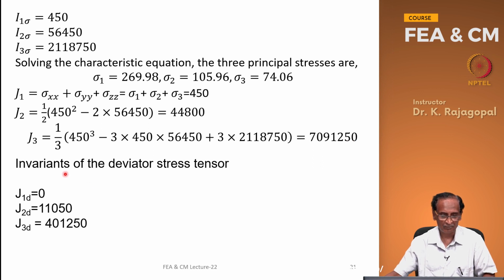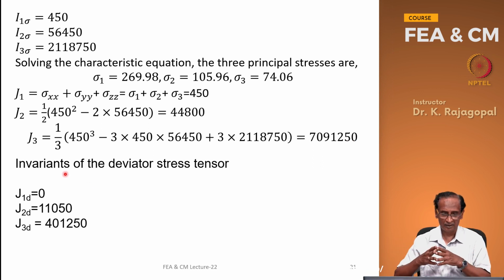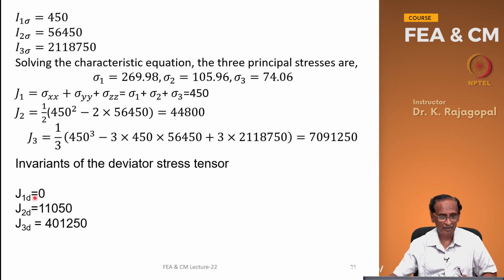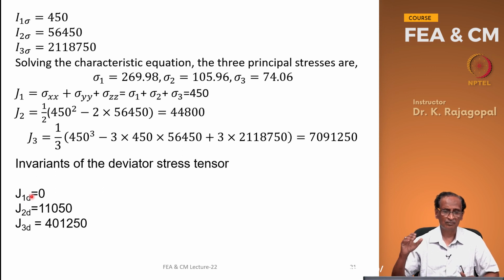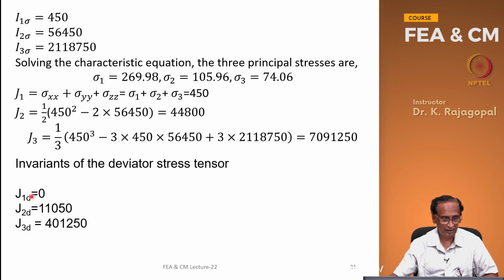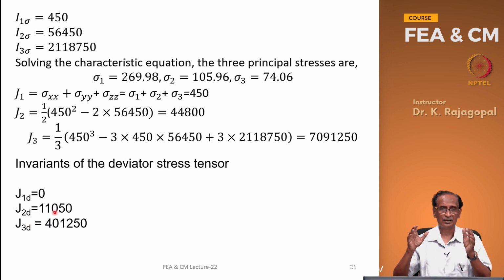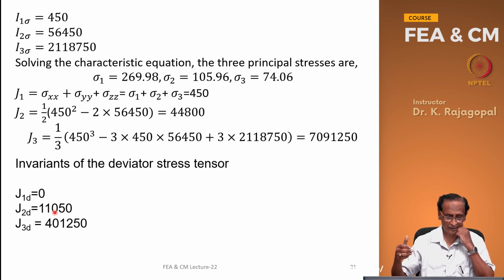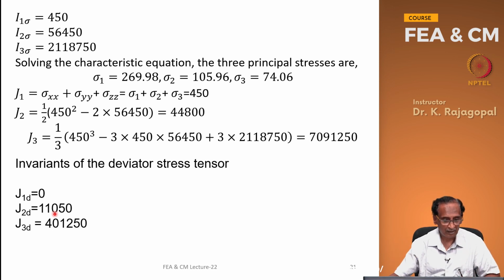And similarly, we can take the deviatoric stress tensor and determine the invariants. J1D, that's Sxx plus Syy plus Szz, is equal to 0. J2D is 11,050 and J3D is 401,250. Actually J2D is just simply 1/2 of the term by term product of the deviatoric stress tensor terms, and